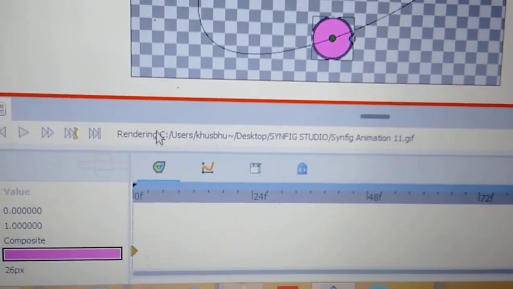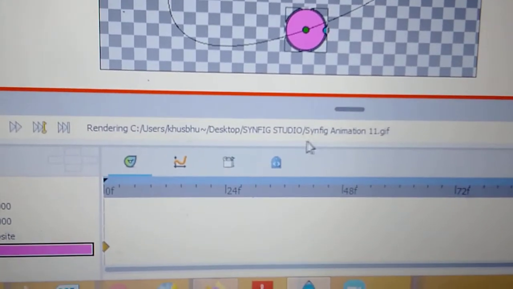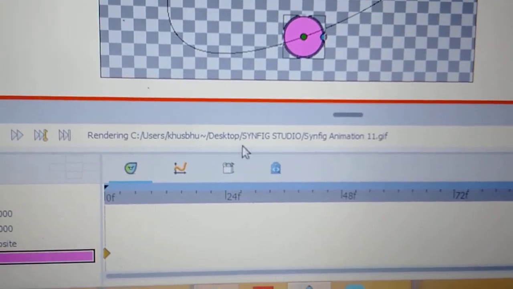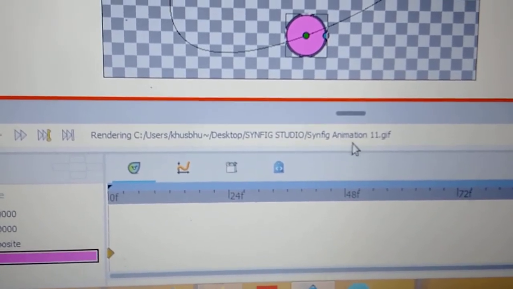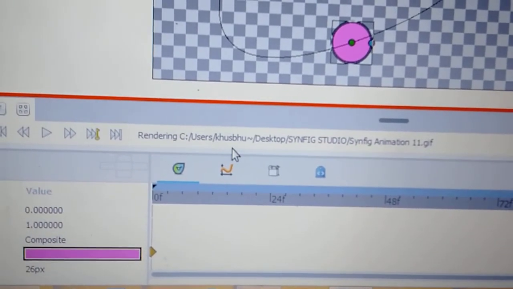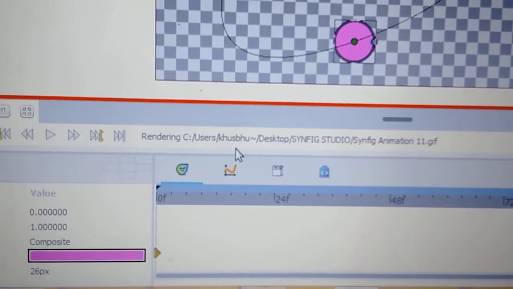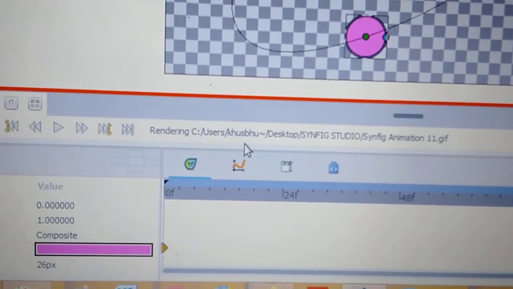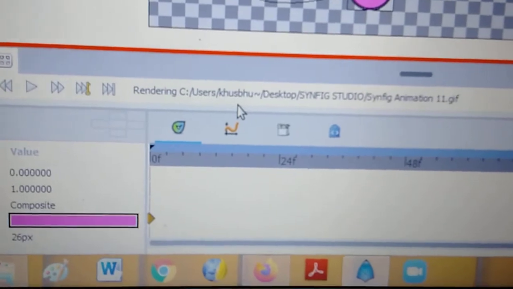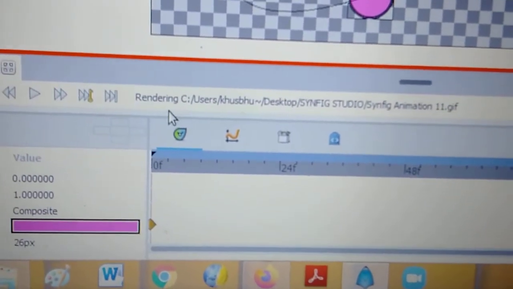Now your file is rendering. You can see the whole path of your file, that is desktop, Synfig Studio, Synfig animation 11.gif is rendering. You have to wait till the file renders successfully. So you have to wait for some seconds. You can see in your status bar rendering.